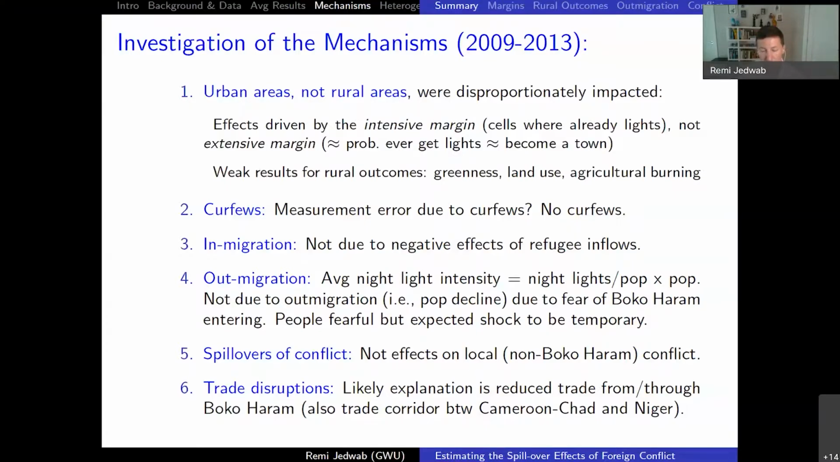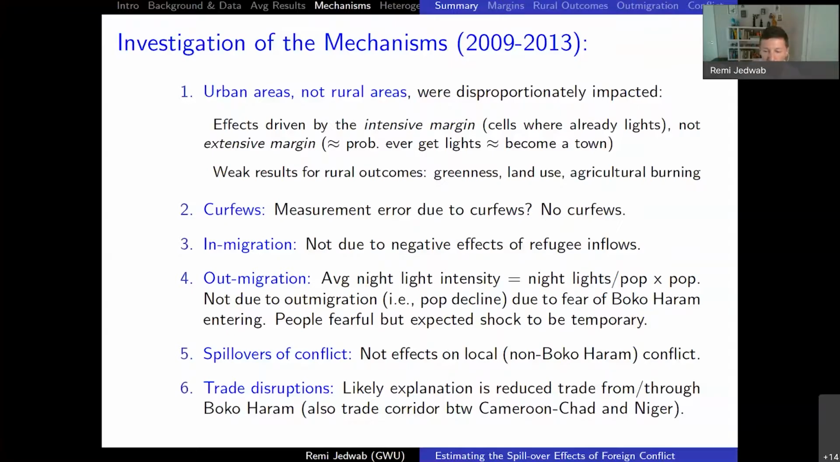So we use three databases. We use Uppsala, we use ACLED, and we use SCAD. The first two data sets measure more like armed conflict. The last one focuses on social conflict. We don't find the effect, which is to some extent strange because you get this massive